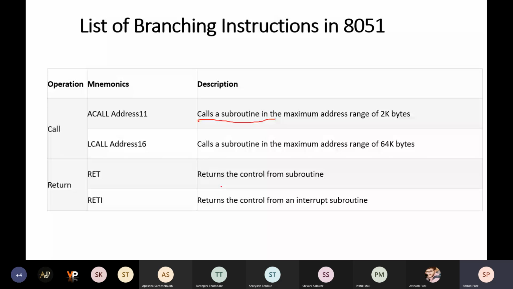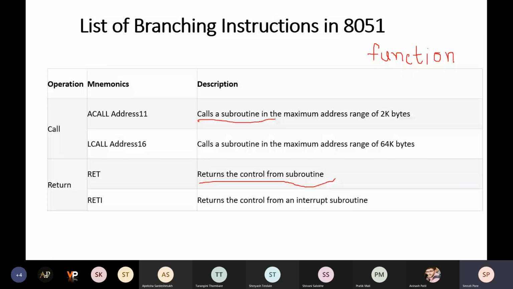Okay, subroutines, or I can relate it to the function. Do you remember function in C programming? In the C programming, you are using the functions which are used to execute the same code again and again. For example, you are writing a function to find out the square root of the number. So that function you can call n times in your program.